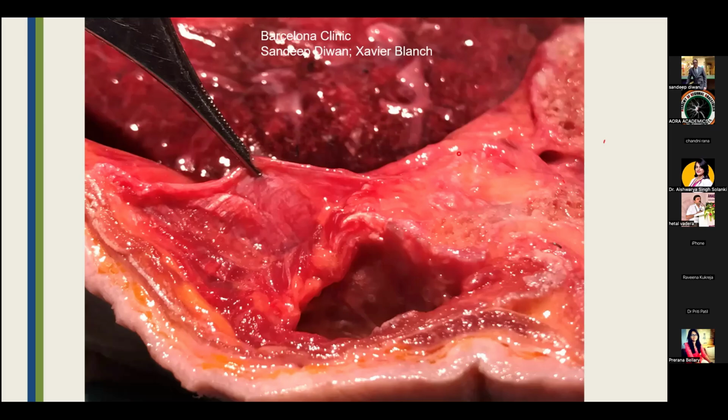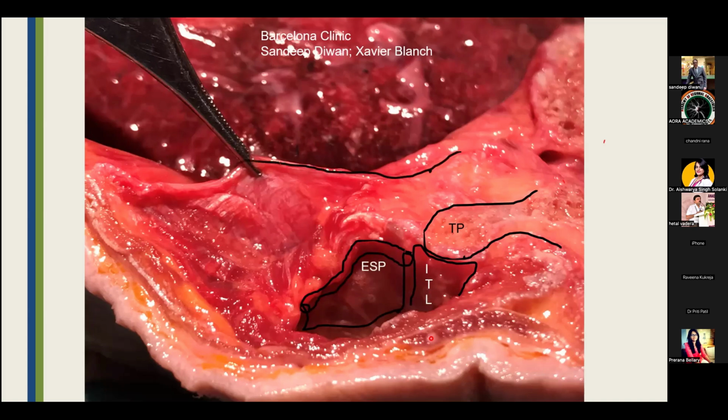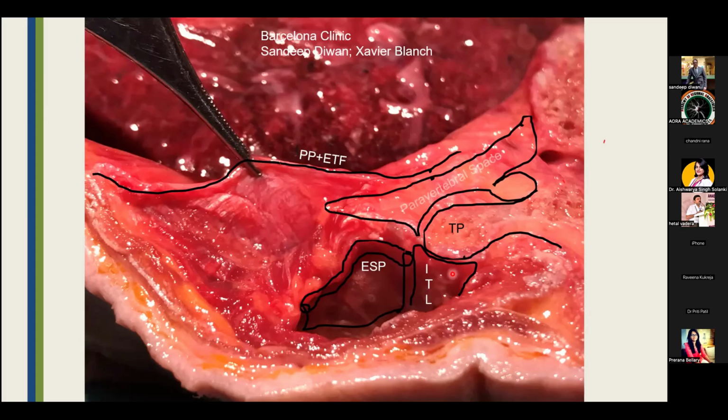It forms a barrier. So you have the transverse process, then you have the intertransverse ligament between the transverse process and the other transverse process below. Then you have the erector spinae plane. You have the entire parietal pleura with the endothoracic fascia, and this would be the paravertebral space, which we have discussed earlier. And this is the ventral rami, which would then